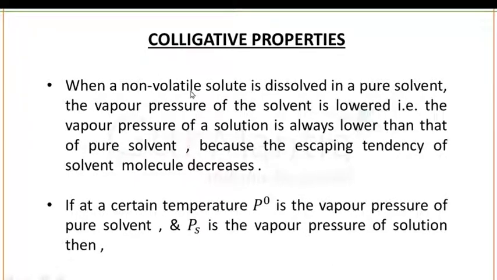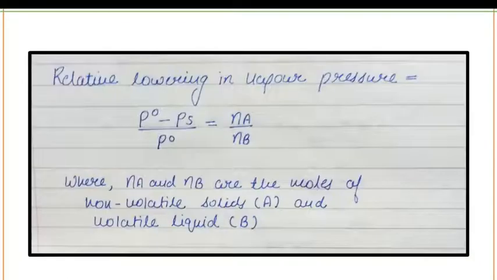So in the relative lowering of vapor pressure, when a non-volatile solute is dissolved in the pure solvent, the vapor pressure of the solvent always decreases, tends to be lowered. If at a certain temperature we have P0, that is the vapor pressure of pure solvent, and Ps is the vapor pressure of that particular solution, then